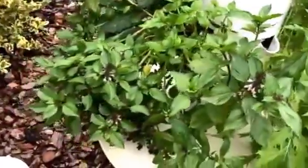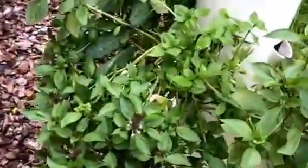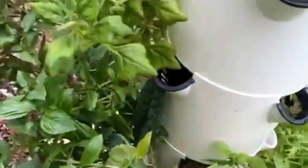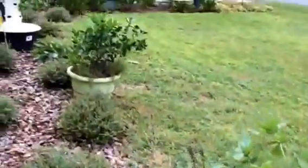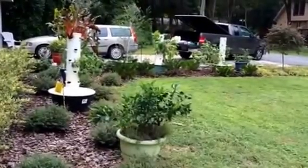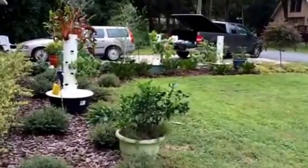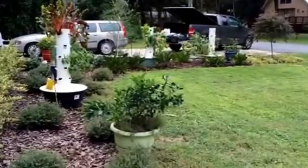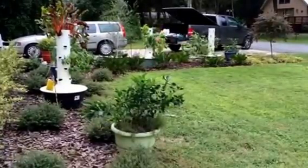Some more of that beautiful basil that is just wonderful for pesto. We put up a lot of pesto, and then kale, and we did a lot of kale chips. So I hope that gives you an idea of what to plant for the fall. And, long story short, you can plant anything right now in Florida. It's going to grow. This is the best weather to get something